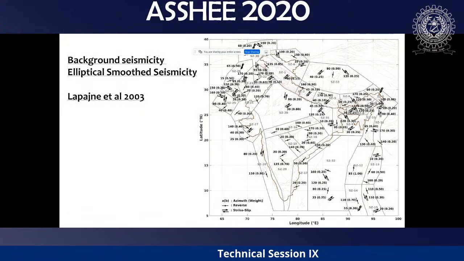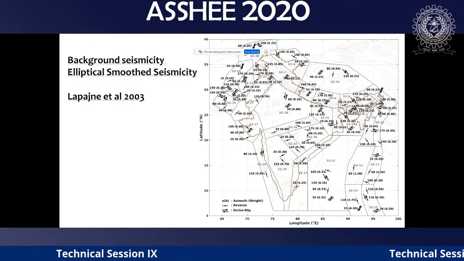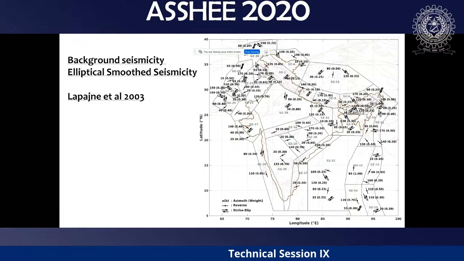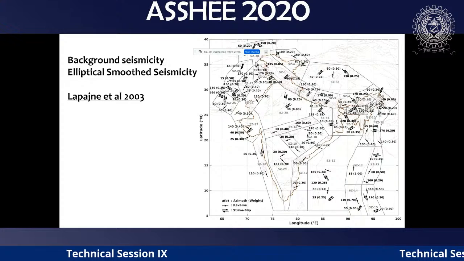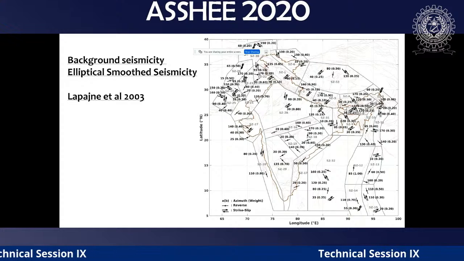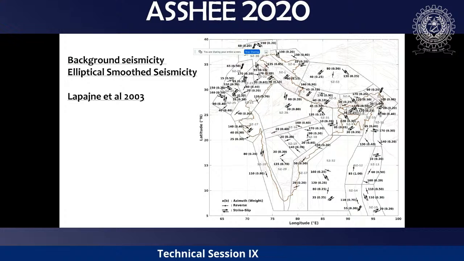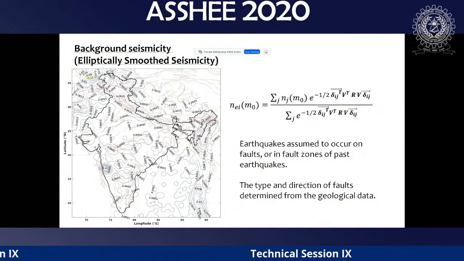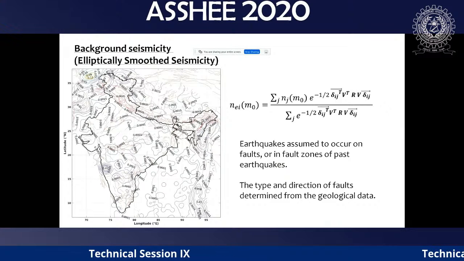Similarly, we also did elliptical smoothing, because it combines the seismicity with the faults itself. So here, instead of doing it in a circle, you do it around the faults. We have established all these things from focal mechanism solutions and others. We have given weightages for the variety of faulting, the thrust faults, strike-slip faults, and others. And these are the contours of the seismicity obtained from this elliptical smoothing.